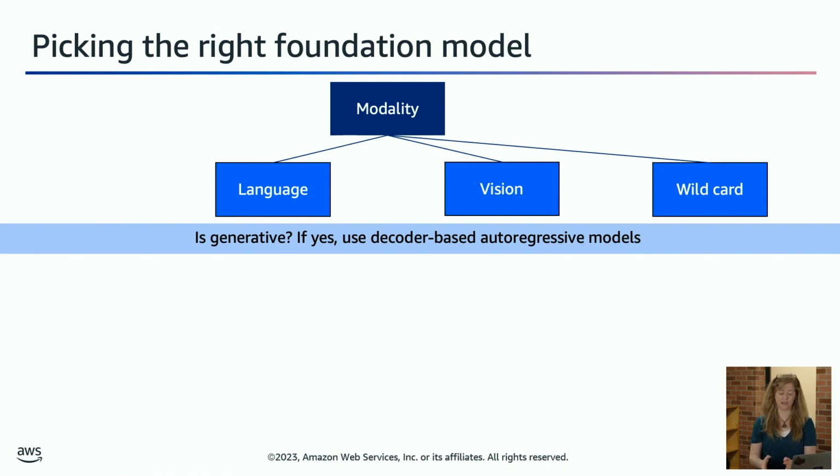And so if you're not interested in generic open-ended generation, but just using some of the boosts of your foundation model to solve a task, still use a decoder model, but you can get away with a much smaller and therefore less expensive and therefore faster language model, versus if you really want something that's going to help you write a novel or that will help you write a screenplay, then you probably want to use a larger language model because the quality of that text is just going to be higher.